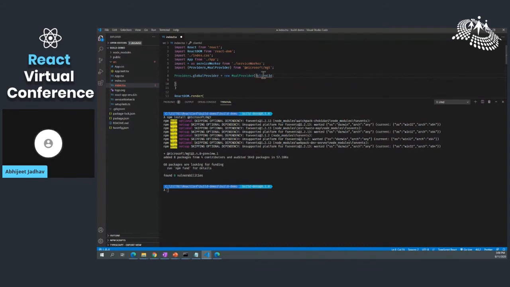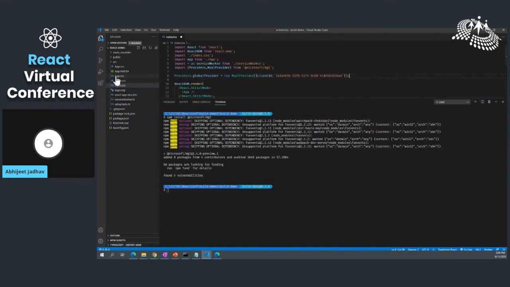So the config entry is for client ID, and I have already created the Azure Active Directory application and assigned the permissions. I will share the details of that. At the end of the references, I have the link for where you can see how to create the Azure Active Directory application, if you're not aware of how to create it, you can refer to that. So now I have defined my provider.